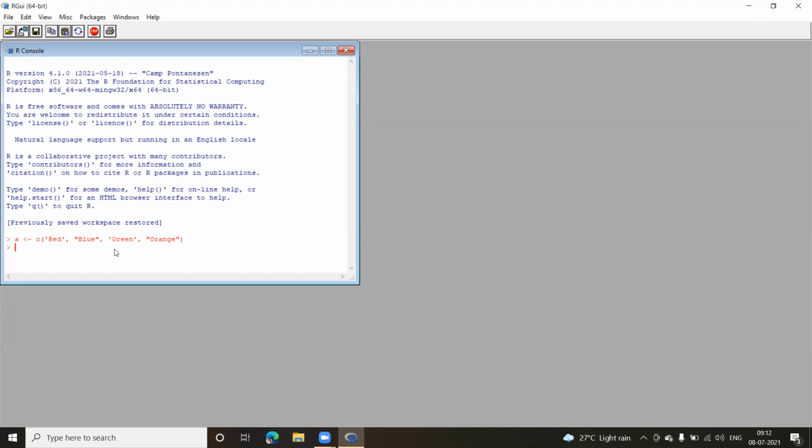So whenever we say, okay, this is an R object, that means there is a class which is written, using which this object is getting created. So whenever I make a call to this function C, it is creating an object, and the name of that particular object is A. I hope I have made it clear. Any doubts in this?